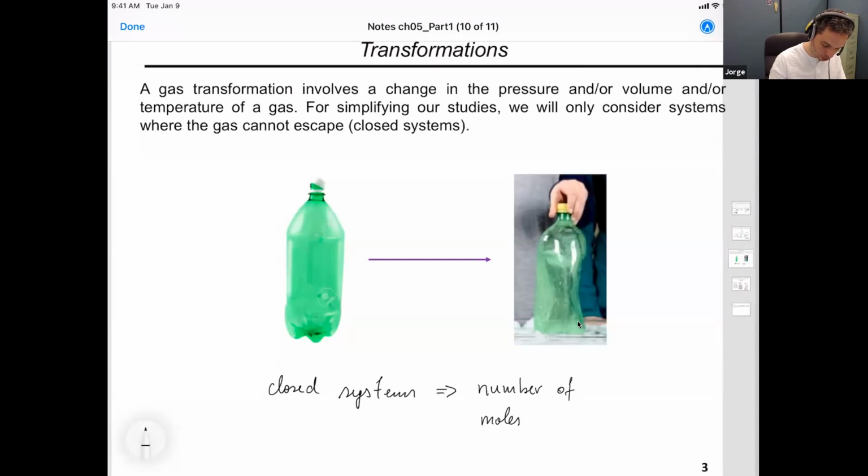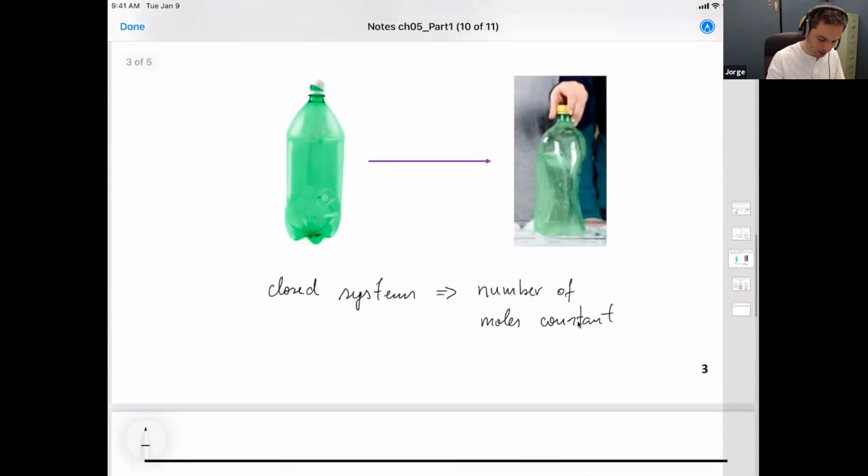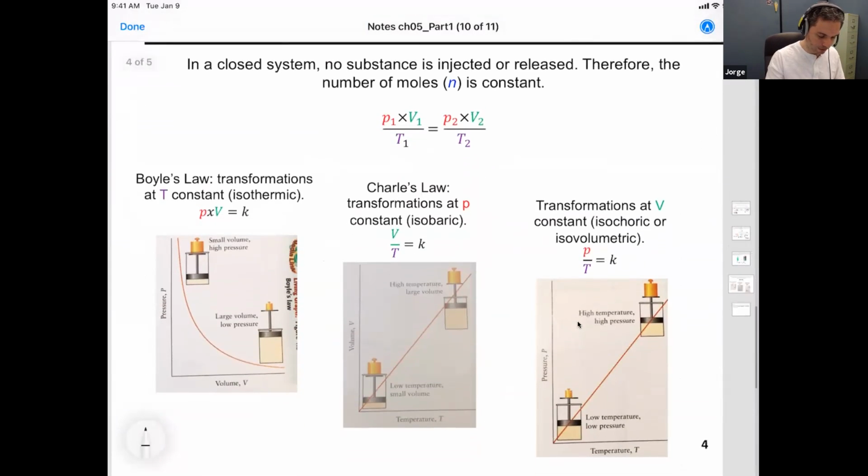Okay, no changes in the number of moles. So that will make our problems much easier to solve. If the system is closed, the number of moles is constant,